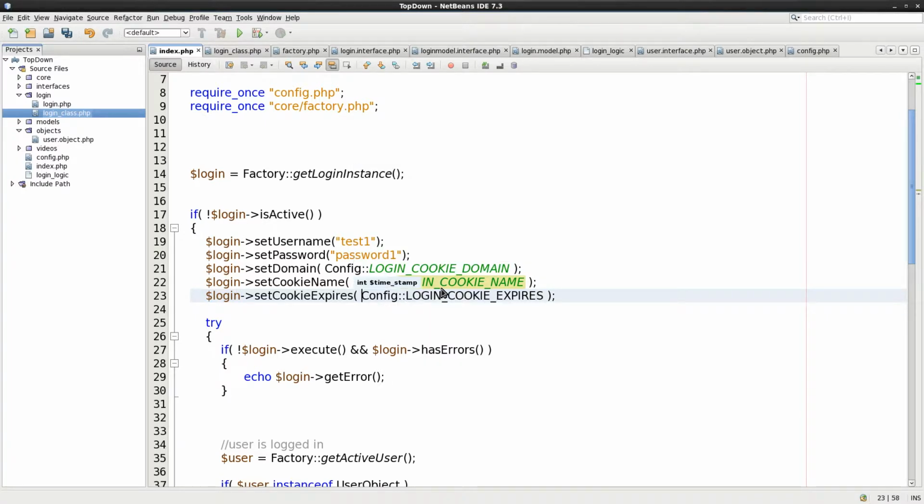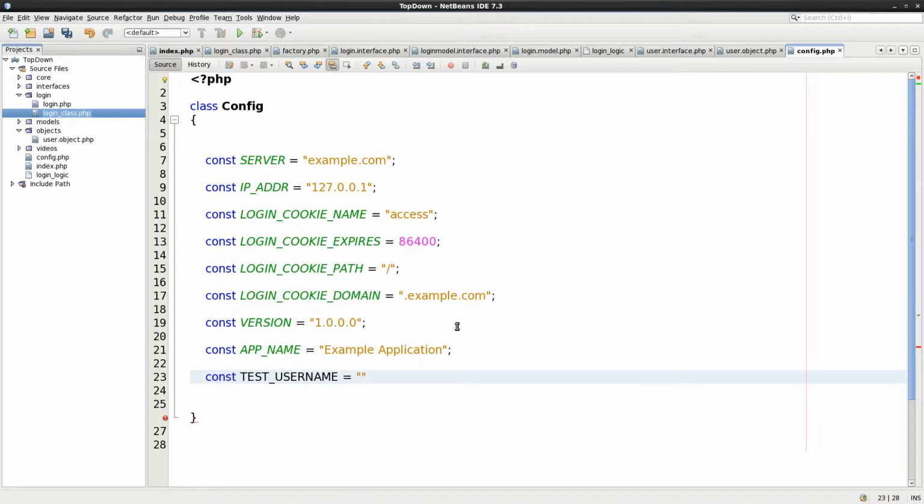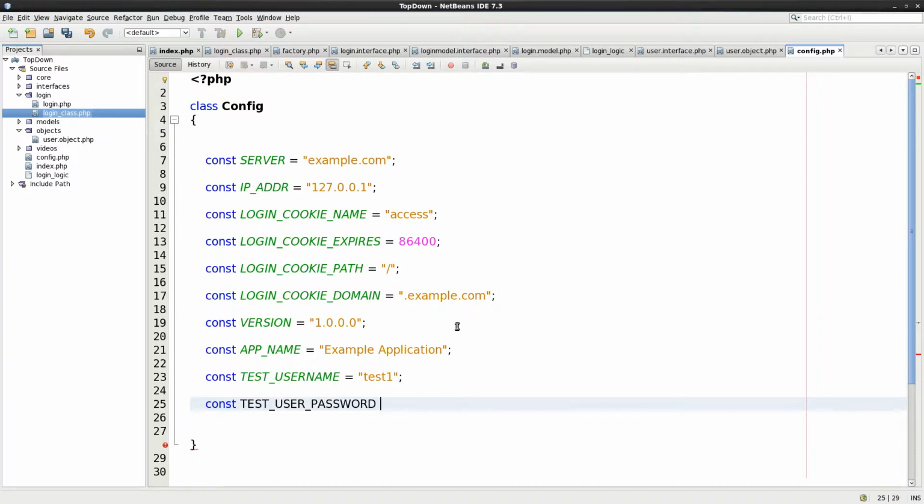So we've got this, and essentially we need time plus this as well, and in the config as well we're going to say test username as well, so everyone knows what the test username is. If we decide to change it, then we don't need to let everyone know what it is. Test user passwords equals password 1. All right, so we know that we used it inside of the login